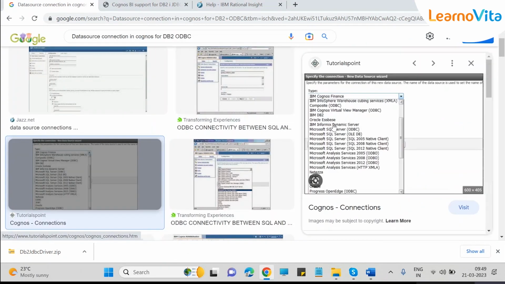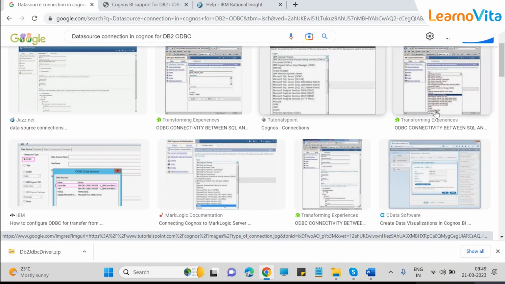See, these many options are available when you click on the drop down: SQL Server, Oracle, DB2, ODBC, Netezza, JDBC, Informix. These options we have there. Now for ODBC,